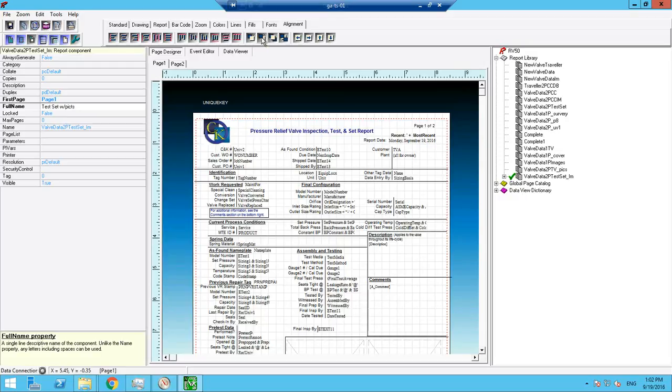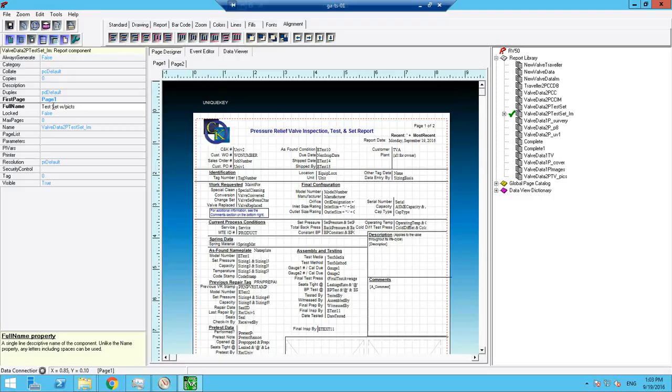top and bottom. So if I am on my report as I was, and I click the up arrow, it's difficult to see, but that's actually an up arrow, you'll notice that my report is actually clicking up over in the right hand side. So my report is now here. I want it to be up there, so I'm going to just keep on clicking until it's up where it is. So now I've got my C and K PRV test and set report, and right below it I have